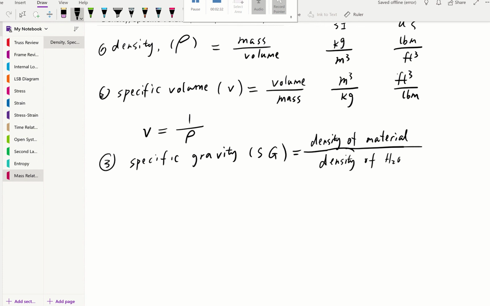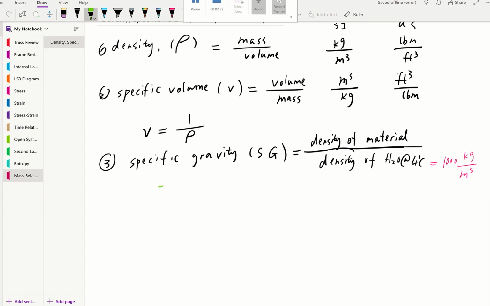To be specific, it's at 4 degrees Celsius. We know the density of water is a known value, 1000 kilograms per meter cubed. So knowing that,